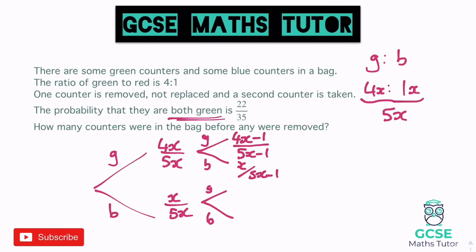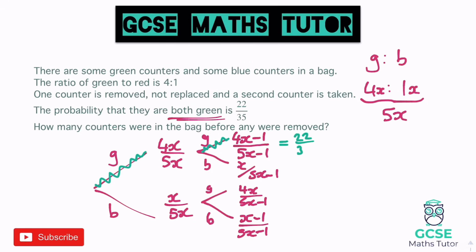If we took a blue out, the blue would go down to x minus 1, and that'd be over 5x minus 1, and the green above that would stay the same, so it'd be 4x, and it'd be over 5x minus 1. So I mean, that's all the potential branches that we could have, but again we are only actually considering the green option here, because we've been given the probability of green. So if I went up the green and up another green here, we would go through those two fractions and they would equal